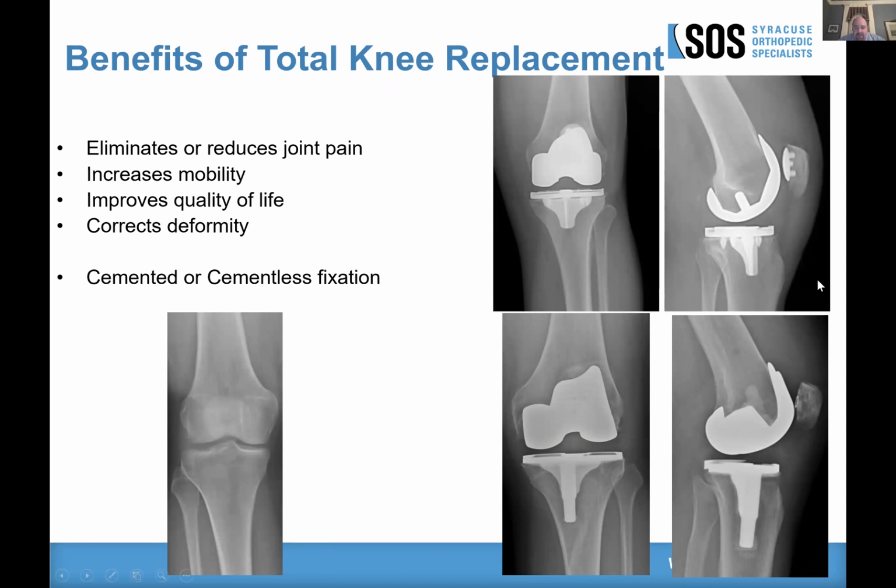We replace, basically, if you look at the bottom left image there, the medial part of the joint is on the right, the lateral part's on the left, and then the patellofemoral compartment is the third part of the joint. And so a total knee replacement replaces all three of those. A total knee replacement is a very good surgery for the average patient. For the right patient, a partial may be a little bit better, but you really have to be very careful